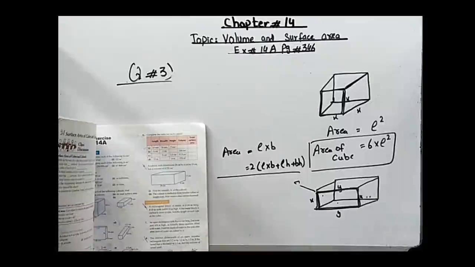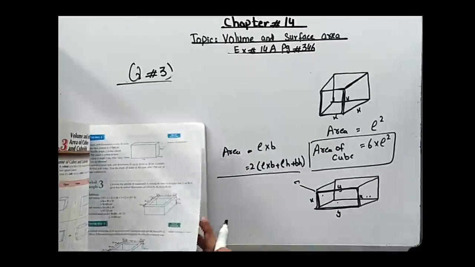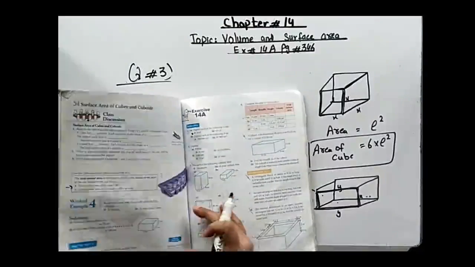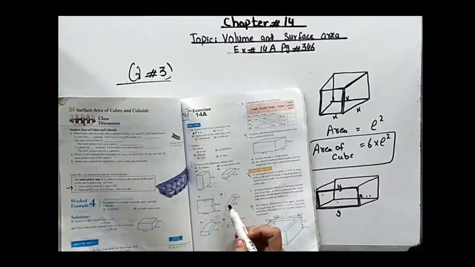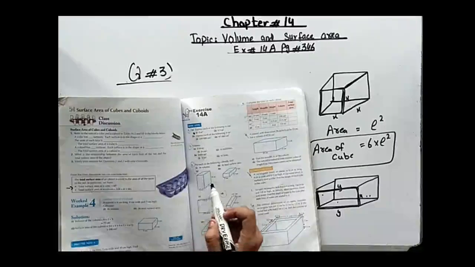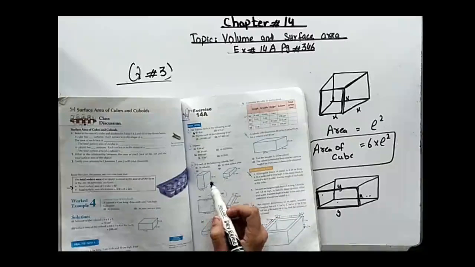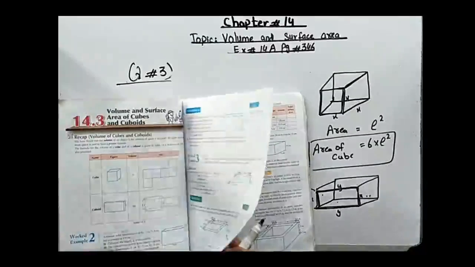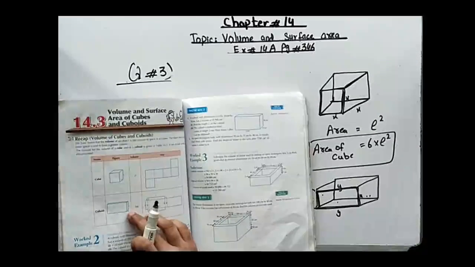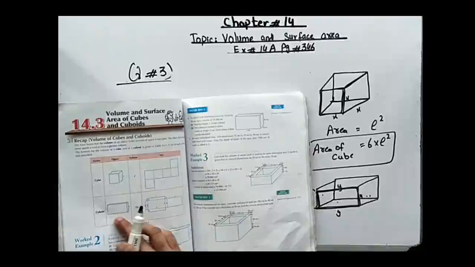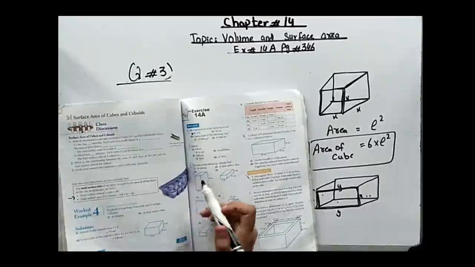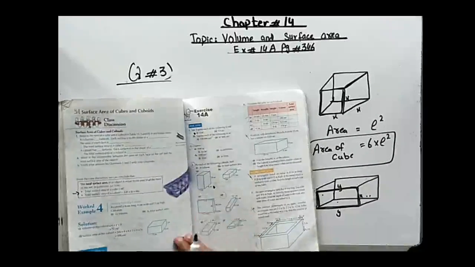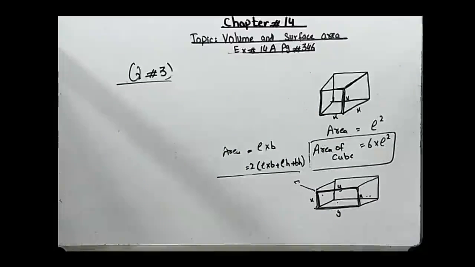Now the next question, question number 1. Two parts are included in your syllabus, A and D. A is given as 10 centimeter, 8 centimeter, 6 centimeter. It means 10 is the height, this line is the B, breadth, and this one is called the length. So how can we find the area of the cuboid?